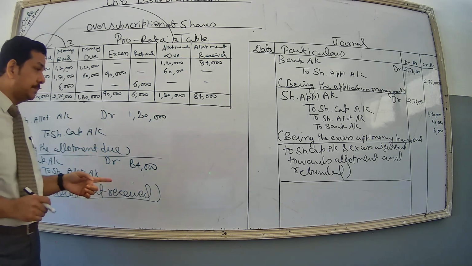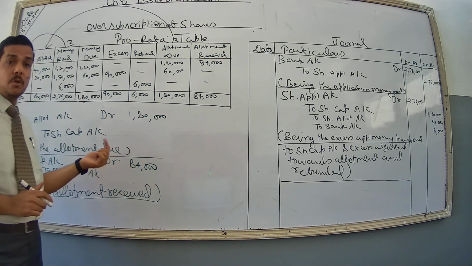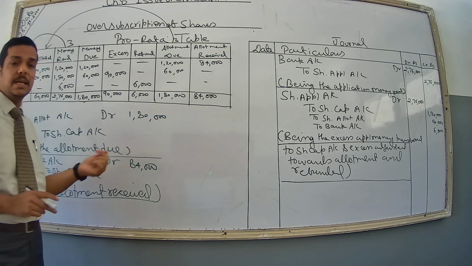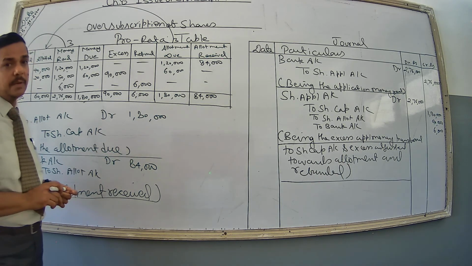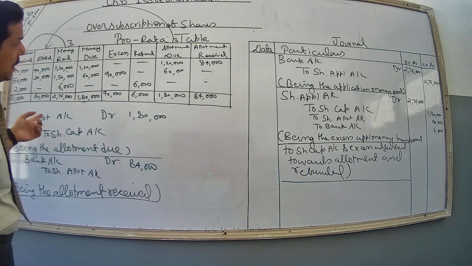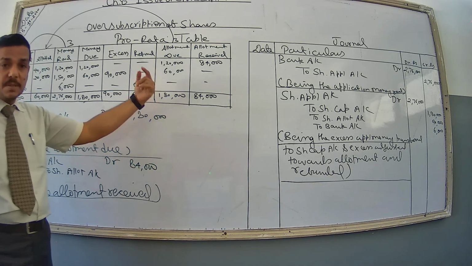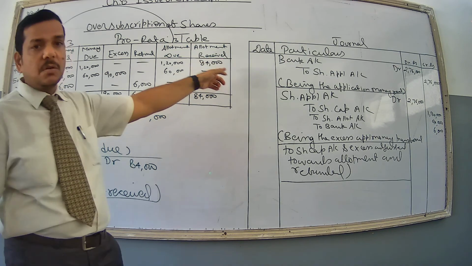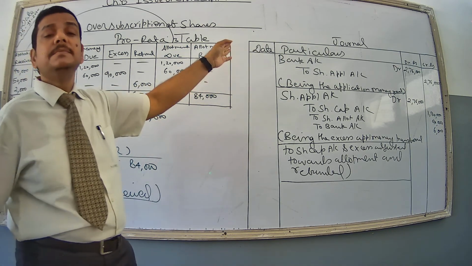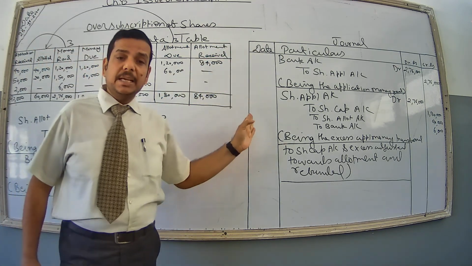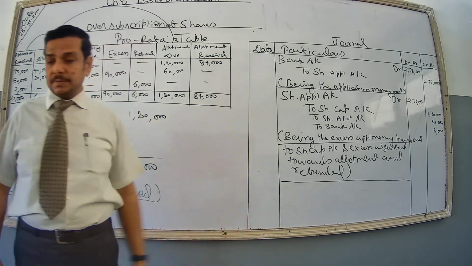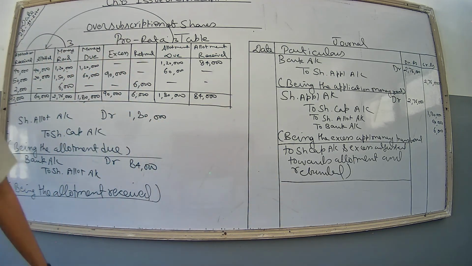Memorize the calculation and journal entries, because in the comprehensive numerical you have to make the balance sheet also. So it's very necessary to have a proper understanding of the pro rata table, because in the comprehensive numerical columns will be increased after the first call, final call, calls in arrear, calls in advance, everything required to be adjusted. Clear? So I hope this is clear to you. Solve more and more numericals and let me know about your doubts if you have any.